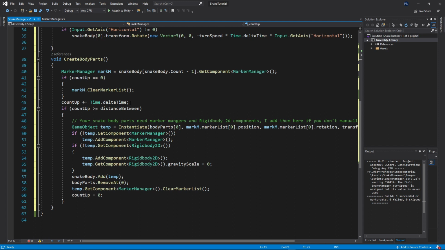It's going to be counting up. If count up is greater than or equal to distance between, meaning the distance between the body parts, that was the float, the variable that we made at the start, then it's going to basically instantiate the body parts of 0. Just like we did at the very start when we spawned the head,